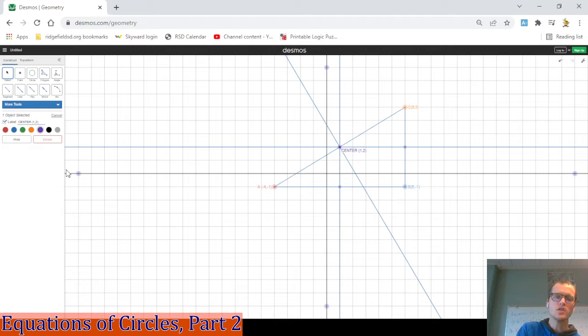So when we create our equation, we know our h is going to be 1 and our k is going to be 2. Great. Now, our next move, really our final move, is we need to figure out what the radius is. So that's the distance from the center of the circle to any point on the circle itself. So, what I'm going to do here is create a line from the center to